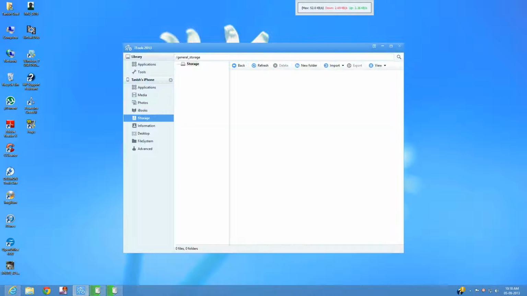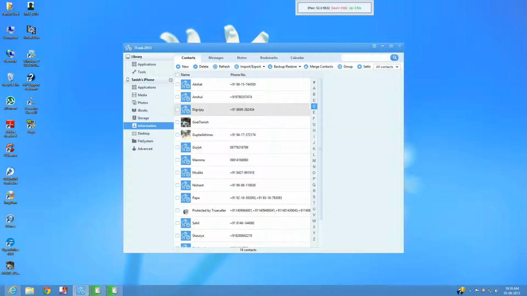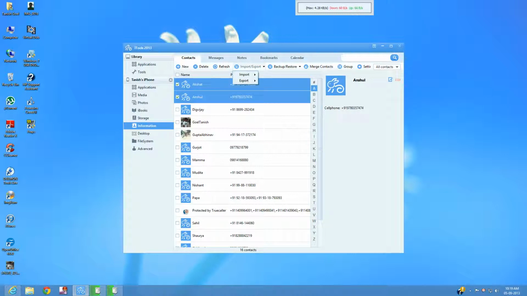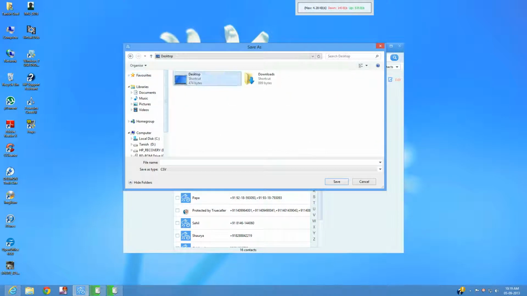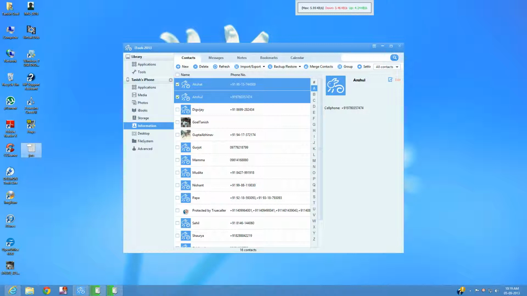Now when that has been done, you can also access your contacts. Like these are my contacts. If you have iCloud enabled, you cannot access your contacts, but if you don't have iCloud, you can access them. So if you want to access from PC, disable iCloud, and don't back up your contacts to iCloud. Simply you need to select the contact, import/export, export contacts, export to Outlook, Gmail, CSV file, VCF file. I will export it to a CSV file on desktop and save. The file name I'll keep anything and just save it. And here are the contacts, the two contacts that I want.